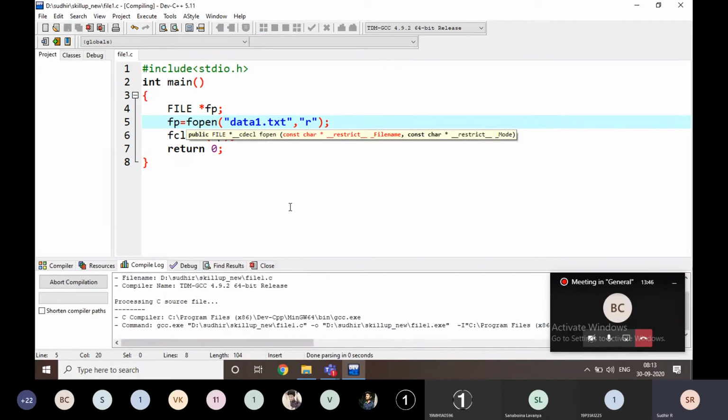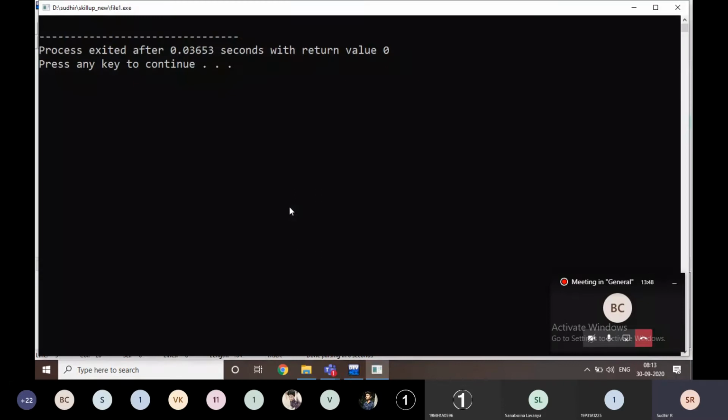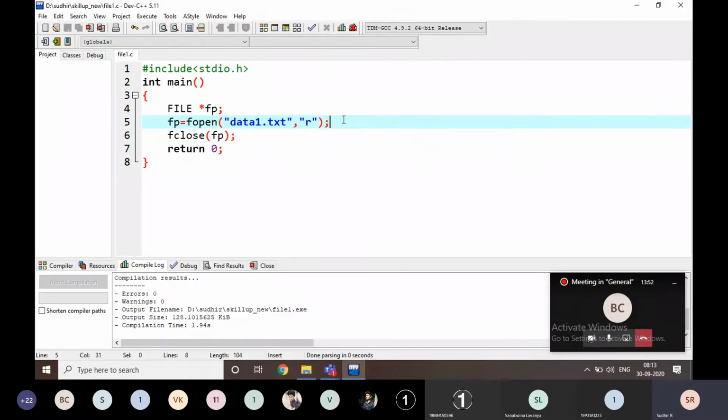If I execute it, it is not giving any error here, but the file is not in my folder.